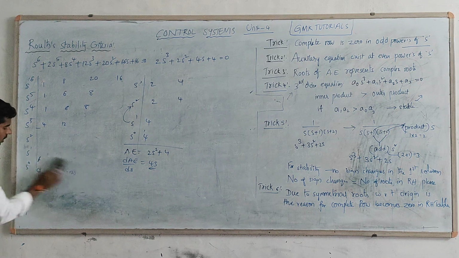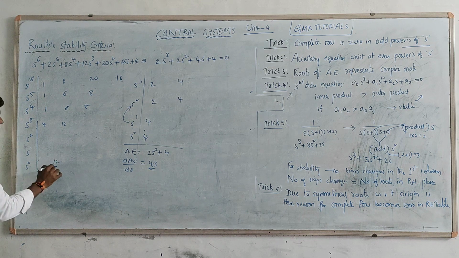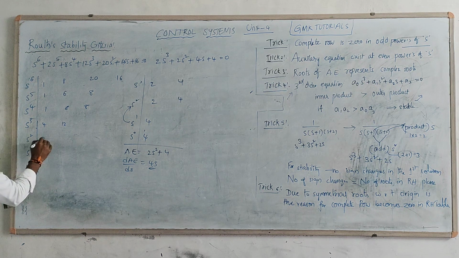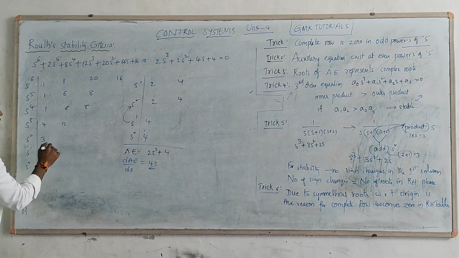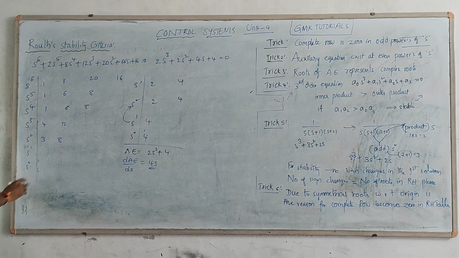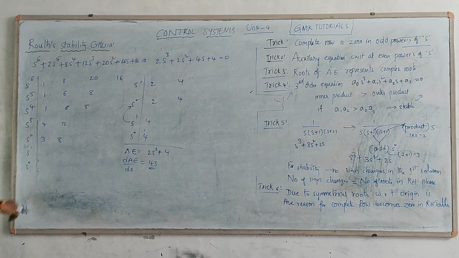You will get the solution for this one. 4, 12. 6 fours are 24 minus 12, divided by 4, you will get a value of 3. Next, there is one more element: 4 into 8, 32 divided by 4, you will get a value of 8. Here also, there is a possibility for simplification. If you divide this number by 4, you will get 1 and 3 also, for simplicity.